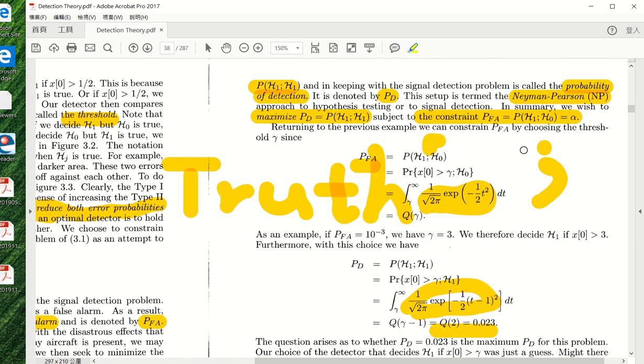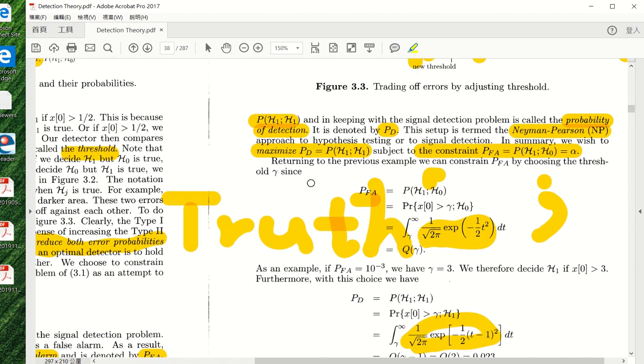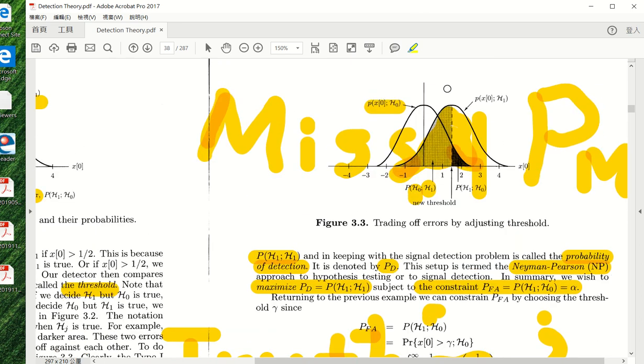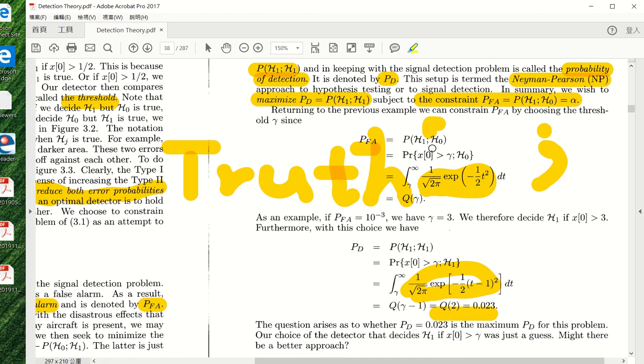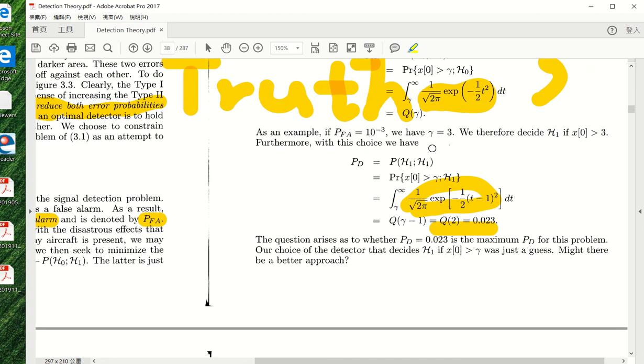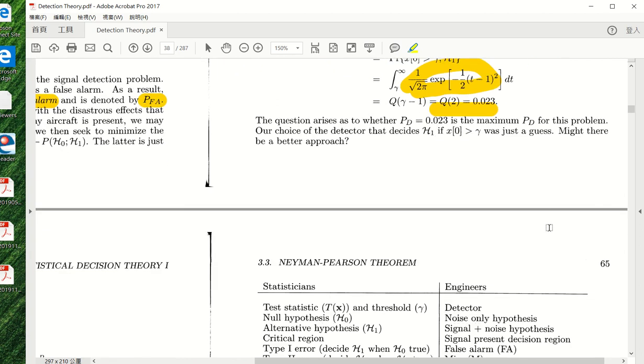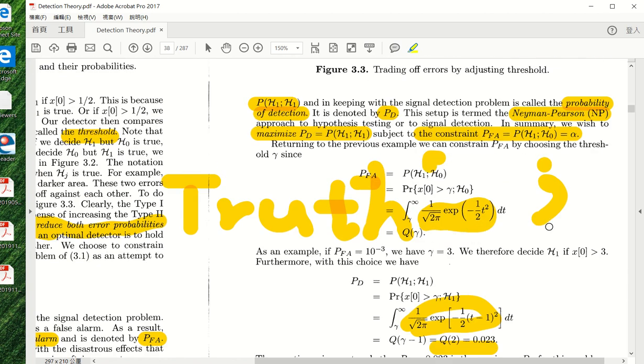Mathematically, we would like to maximize PD, but when you set this threshold and then get this as the PD, will we be able to say that PD is the maximum for this problem? So does everyone understand the problem? That is, our original problem is to constrain this, and then